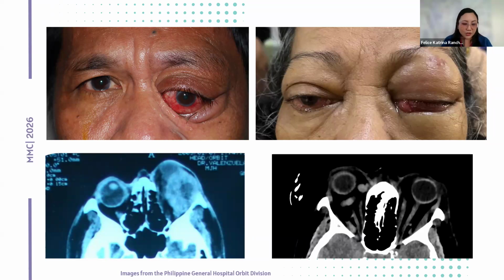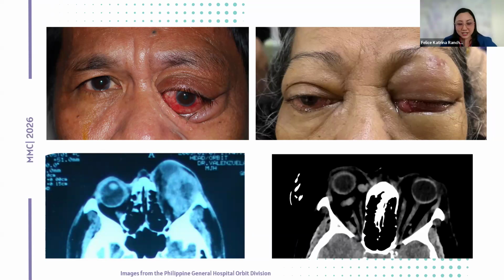So if you can see on the photo on the left, the palpebral fissure of this patient, the height and the length of the palpebral fissure is much increased compared to the normal side. And there's also expansion of the upper eyelid and even the brow. So on the corresponding CT, we see that the left orbit is wider than the right, and the lacrimal fossa is actually a little flattened compared to the right side in order to accommodate the growing lacrimal gland tumor.